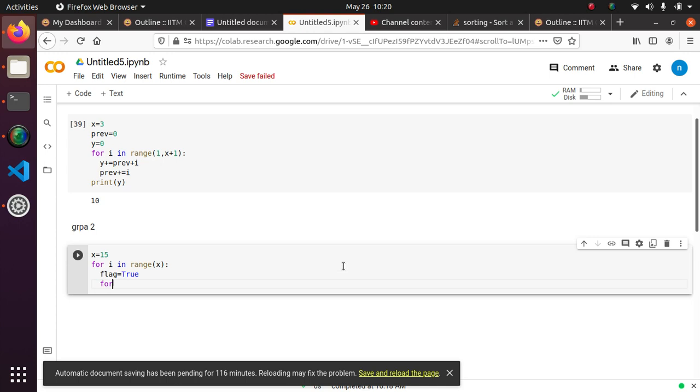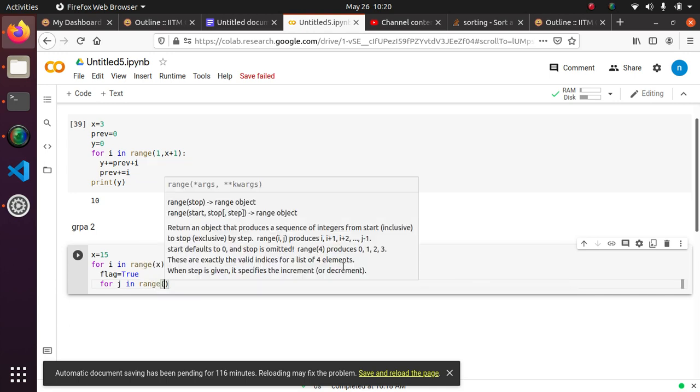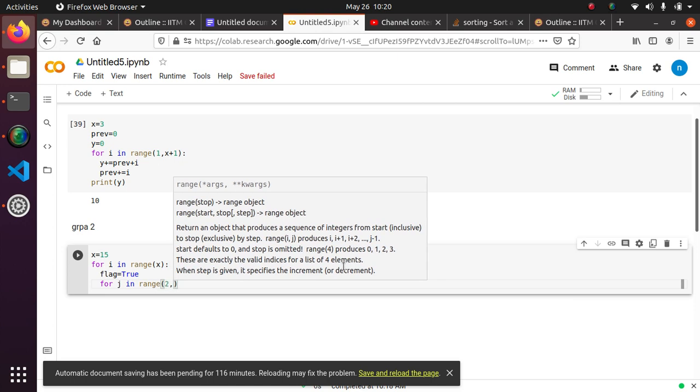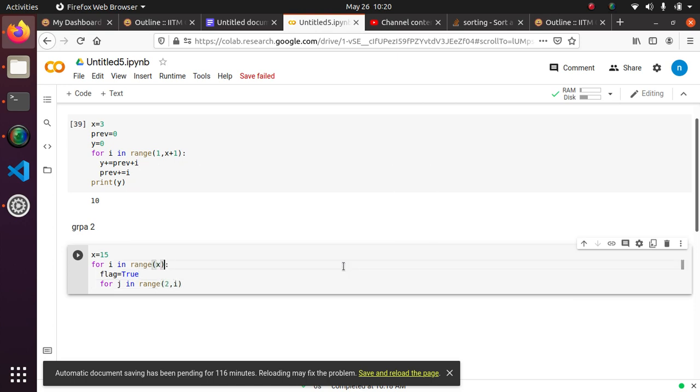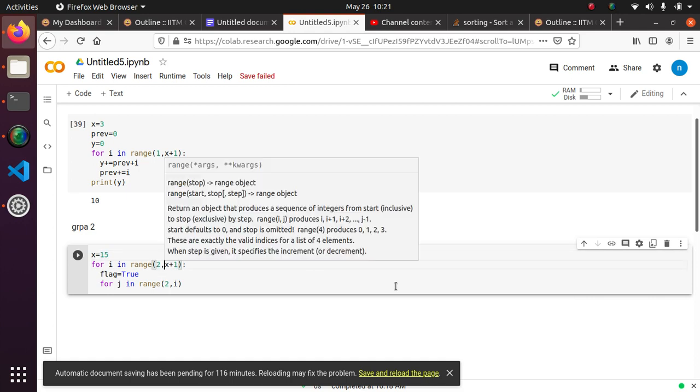Then for j in range of 2 comma i. For i, range up to x plus 1, because we also need the given number, and the starting number should be 2.